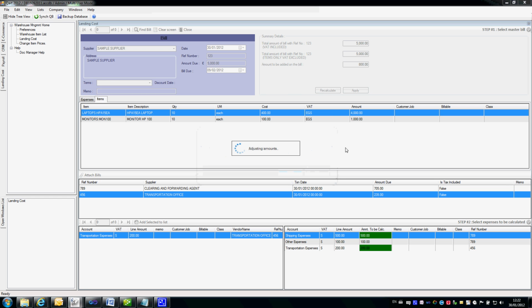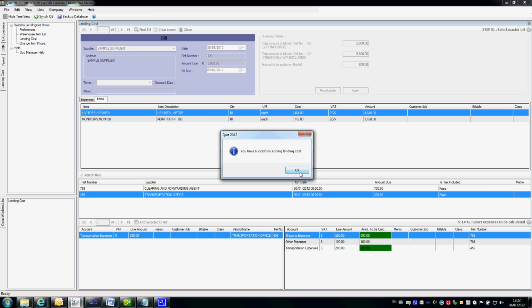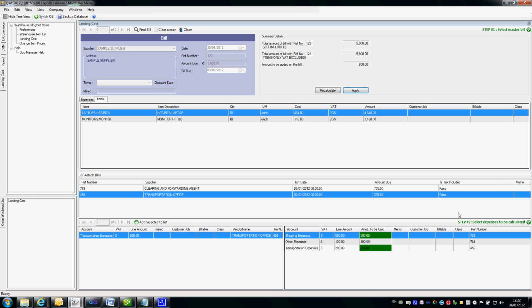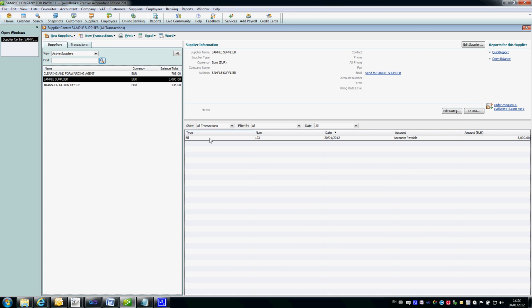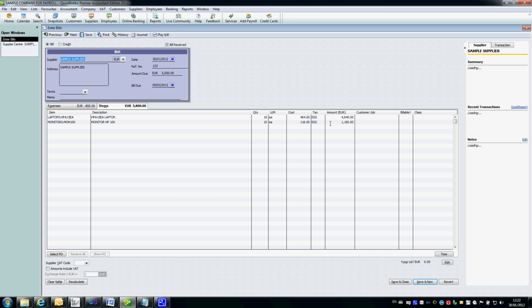So just click yes. What the landing cost will do now is take all these amounts, recalculate against the line quantities and totals, and adjust the cost according to these expenses. Okay, it's finished. Just go back to QuickBooks, find the supplier bill, and you will see that